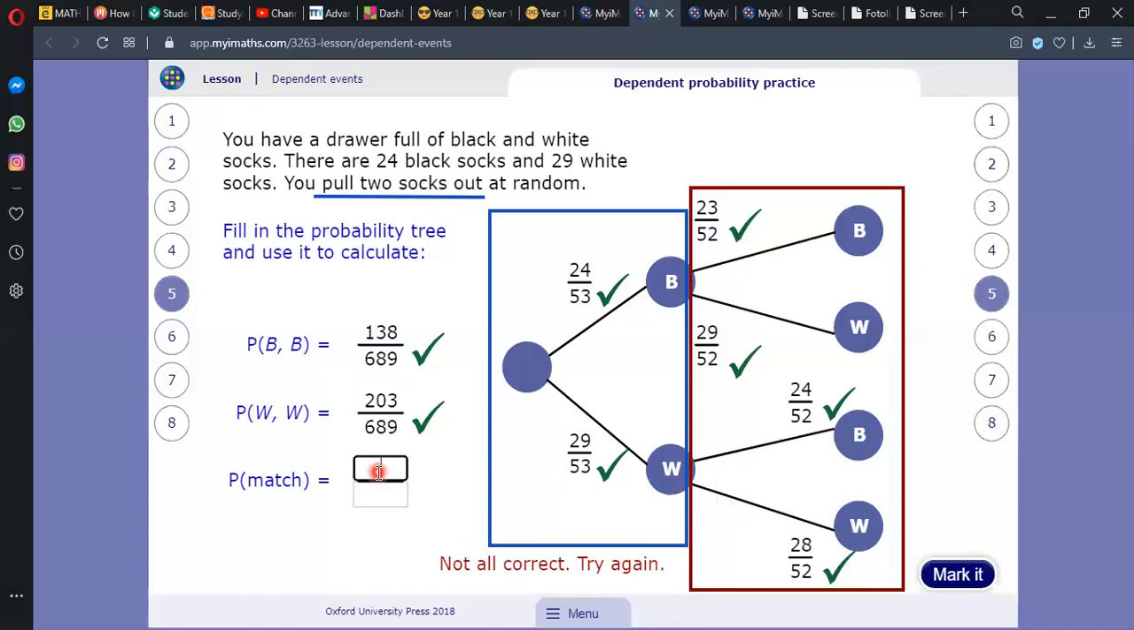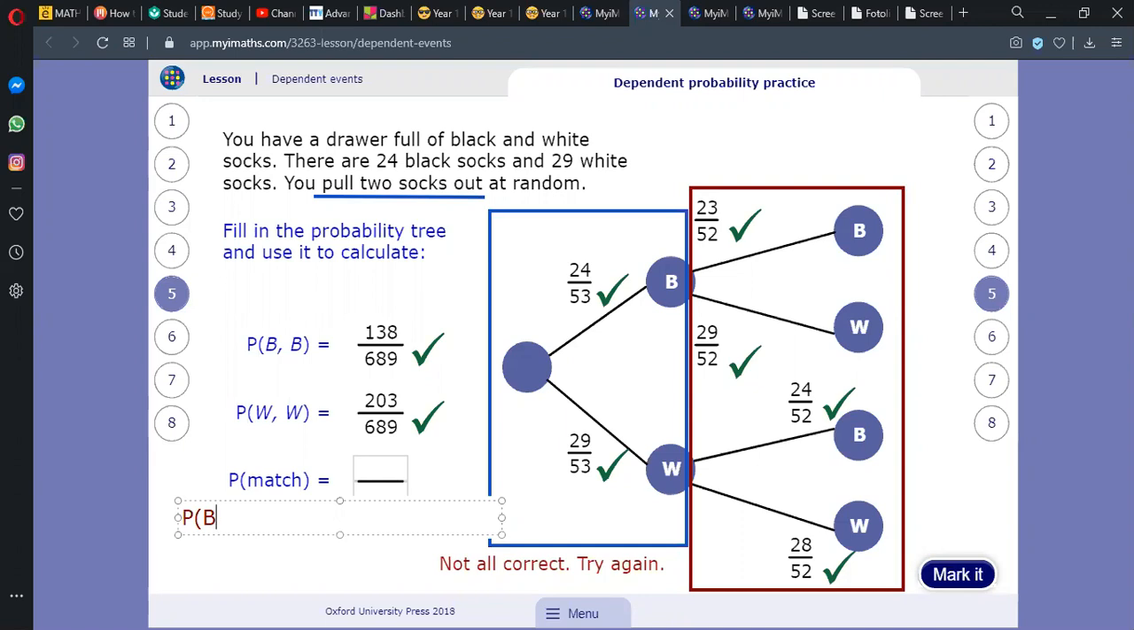Now, the probability of match. What do they mean by match? Now, by match, they mean that this is a match, black and black, and this is a match as well, white and white. So when they say probability of match, what they mean in essence is simply that you have to find the probability of